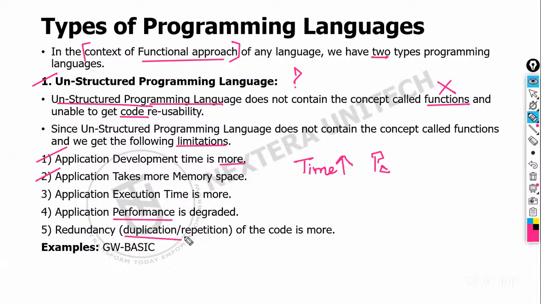You'll have the duplication, the repetition of the code. You're keeping on repeating, right? So you'll have redundancy within your program, for the application. And one such unstructured programming language is GW Basic. There is a programming language called GW Basic. This is a very old programming language. Very easy and simplest programming language, but it is an unstructured programming language which does not have the